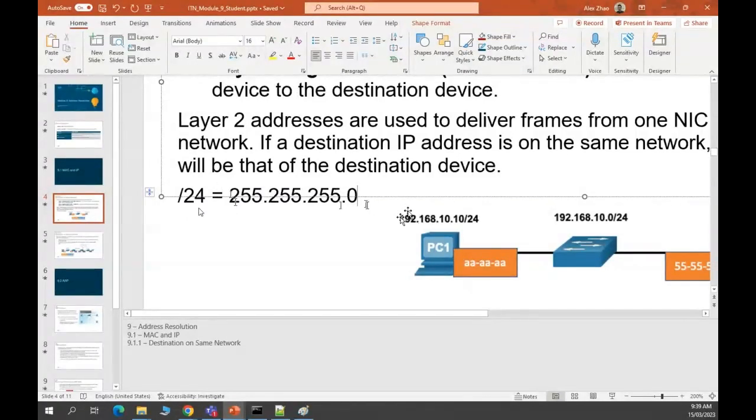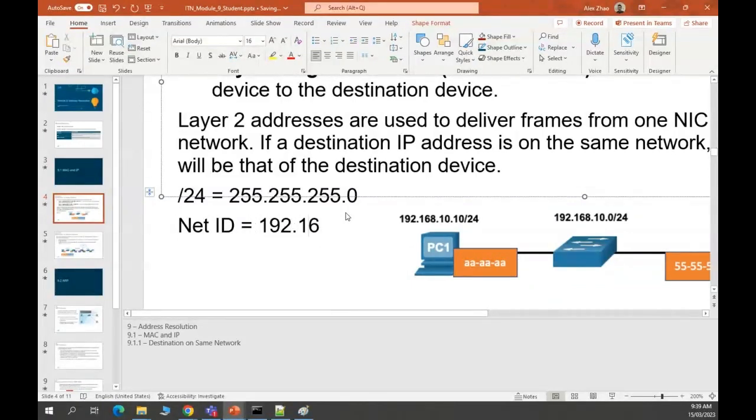So if you remember, when we do a Boolean AND, anything that's directly above these 255s goes straight through. Okay, so the network ID for this IP address is 192.168.10 because they go straight through, and anything that's above the 0 is blocked and becomes a 0. Remember the Boolean AND when we ask is both the IP address and the subnet mask both equal to 1. Okay, and then we get the network ID for this example